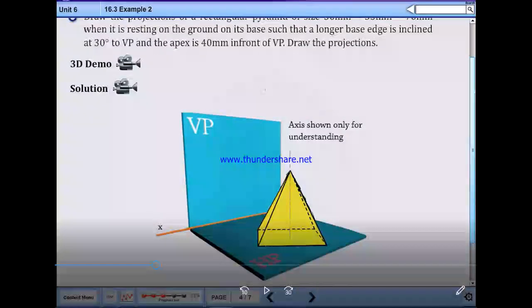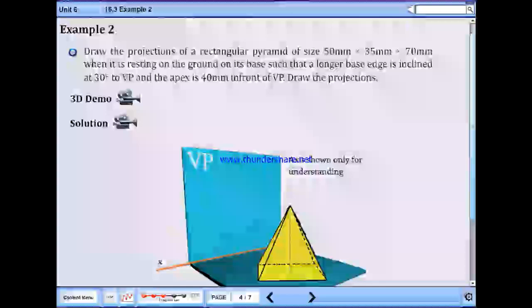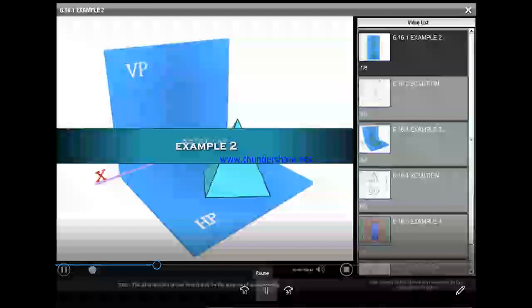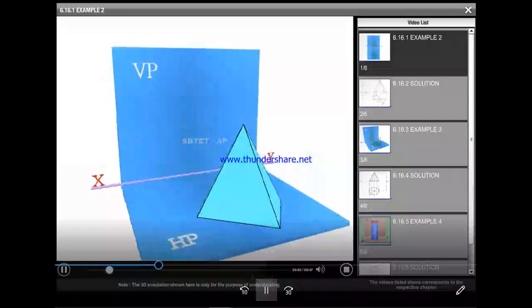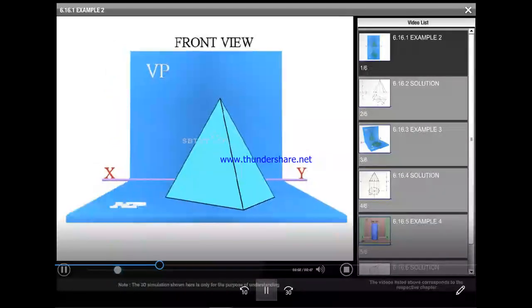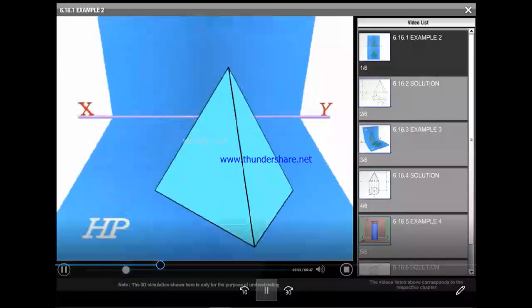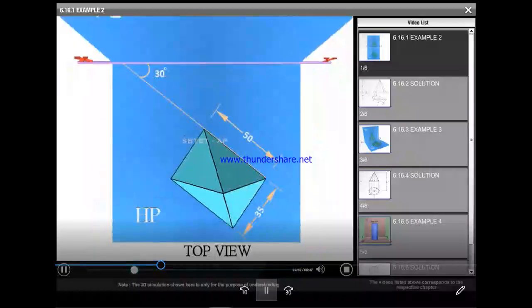This is the figure which will appear on HP and in front of VP. Example problem 2. Front view, top views.